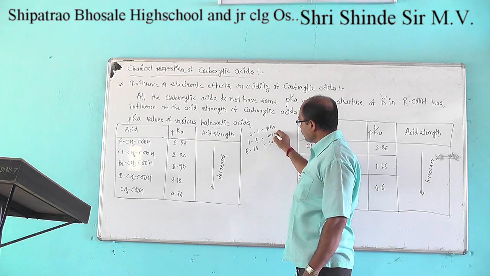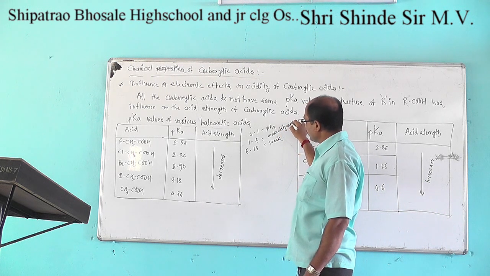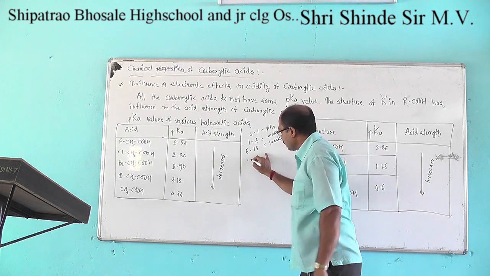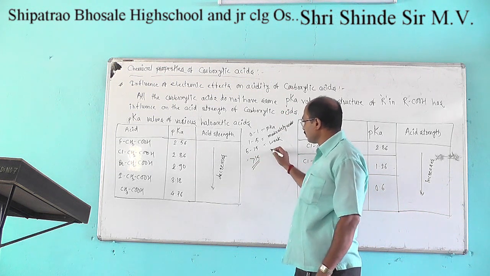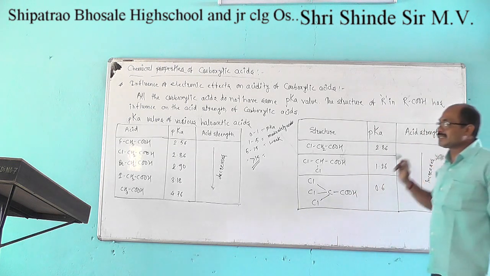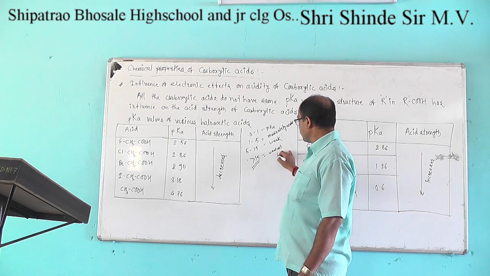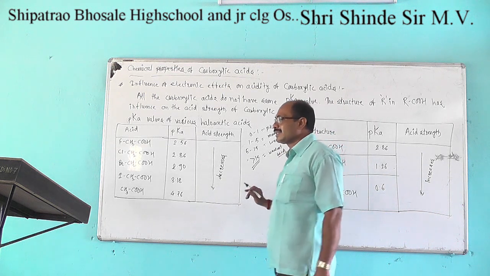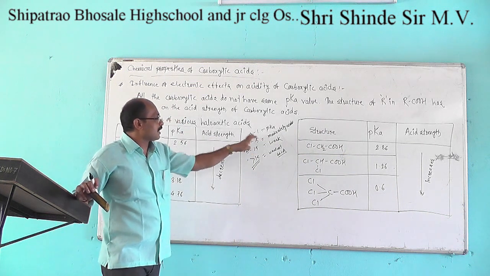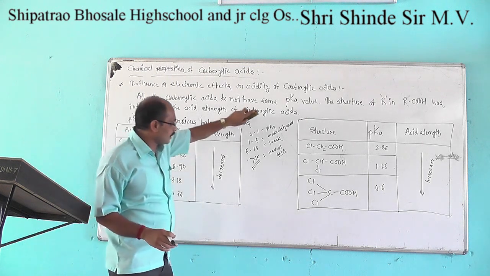Correcting that: 1 to 5 are considered moderately strong acids, and 5 to 15 are weak. Compounds which have pKa values above 15 are considered extremely weak acids. So generally we consider carboxylic acids to be in between 1 to 5. These are generally considered moderate acids, which are not strong acids, but moderately strong acids.